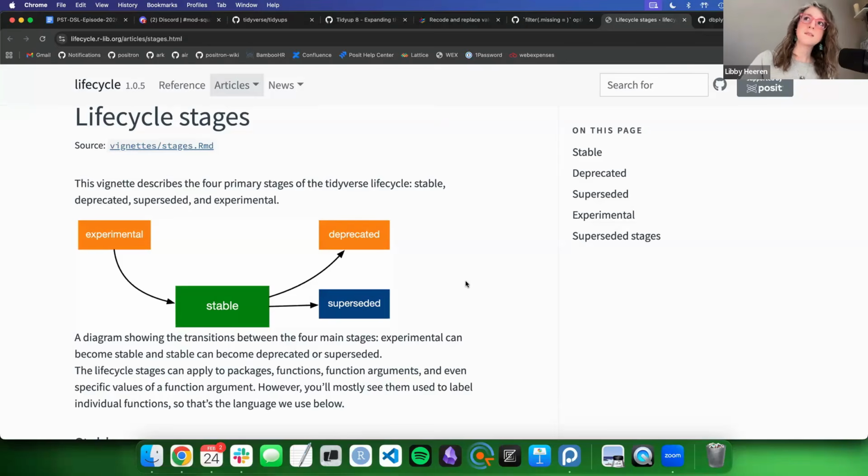So if someone sees something that is experimental or deprecated or superseded, what decisions should they be making about whether or not they should use that and in what context? Like, should I put this in my production code? Yeah, I think